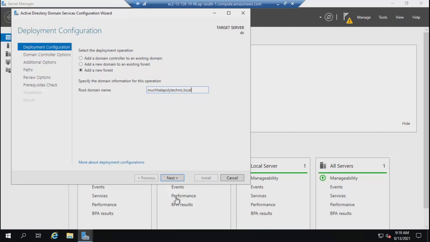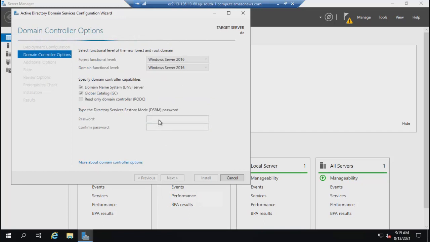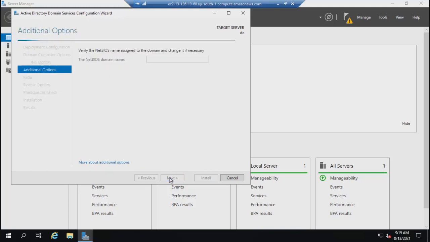So we are taking this, then I'm saying next. And then there should be a password to protect it. Nothing to select. Now we should wait for the NetBIOS domain name. And we will get the name as Muchala Polytechnic over here. That will become the system's name now. ये limitation है characters का, otherwise it can display you the complete characters also.